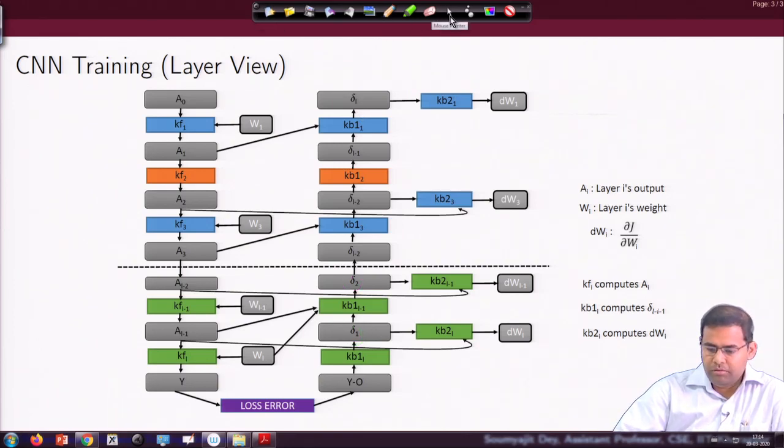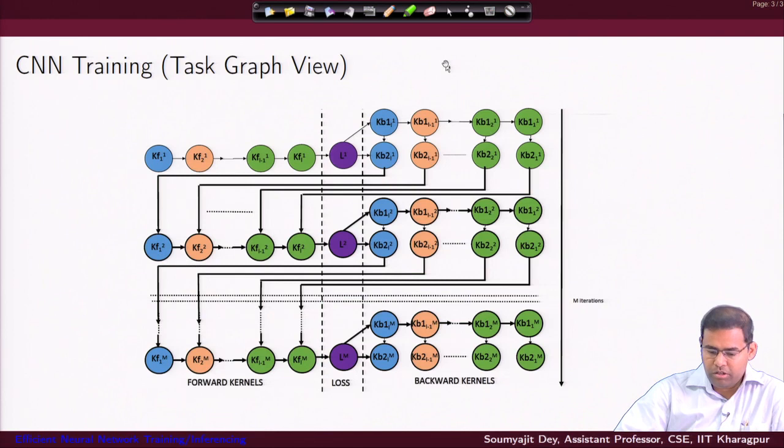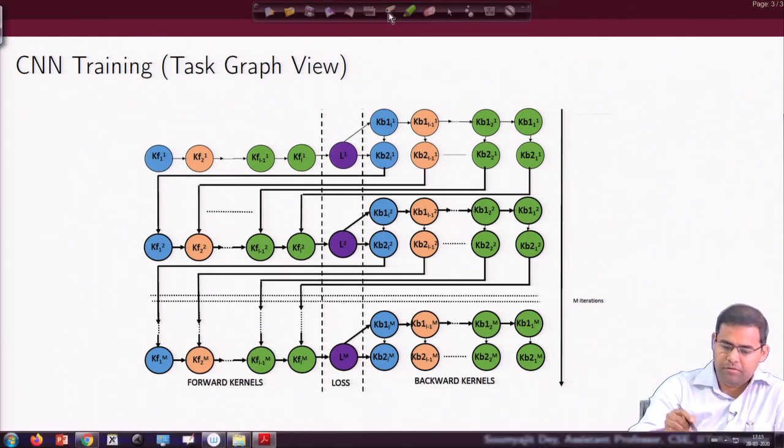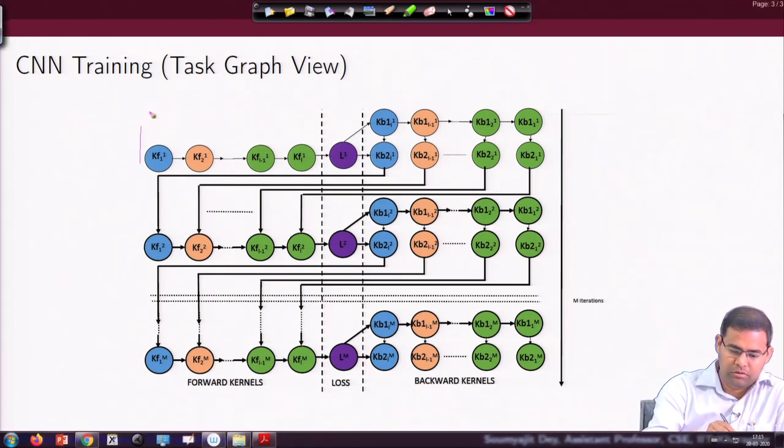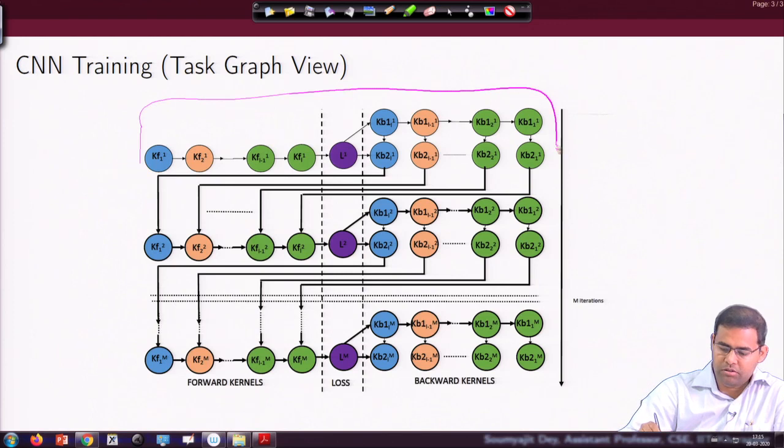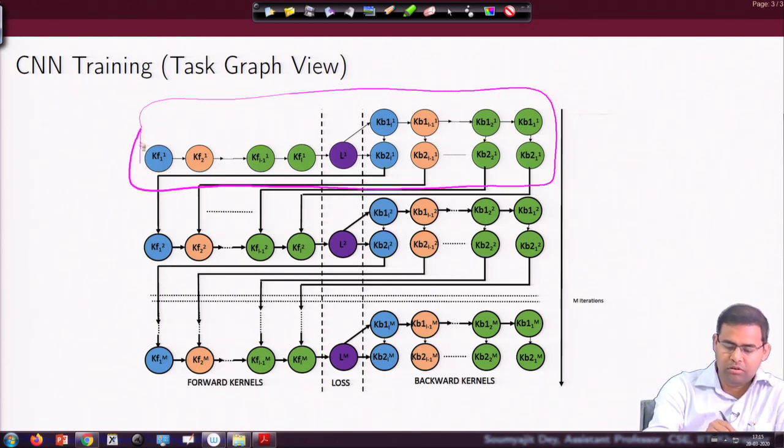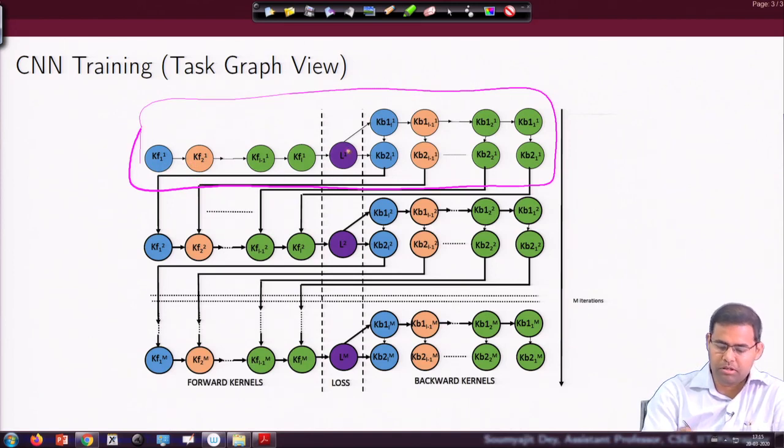Pretty simple. If we now progress with this, this was our task graph view. Essentially, as we discussed, this part is our set of kernels which are doing the entire computation, but it keeps on repeating, right. The computation is a sequence: forward pass, then loss computation, then backward pass, and then again it repeats. Again the backward pass outputs are used to update weights, and then again you run the forward pass, and then the backward pass, and so on and so forth, right.